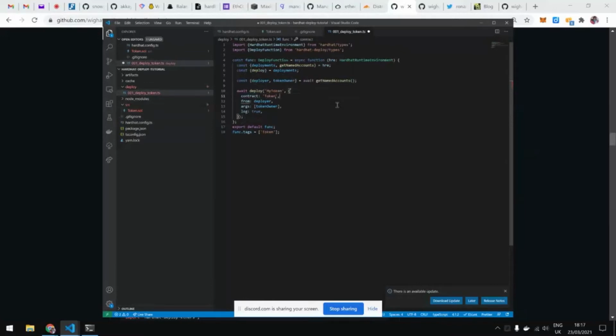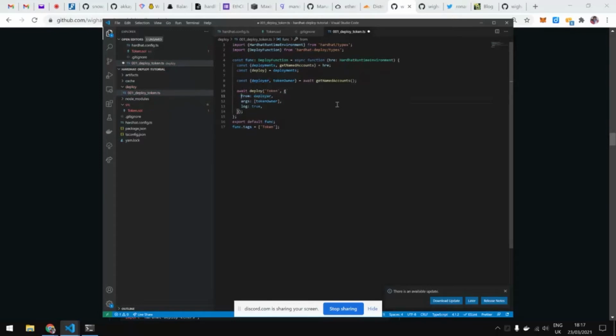So it allows you, for example, to deploy multiple instances of the same contract with different names and maybe with different arguments. And you can also pass the ABI and the bytecode directly if you have it a different way. So there are a few options here; I'll leave it as Token.